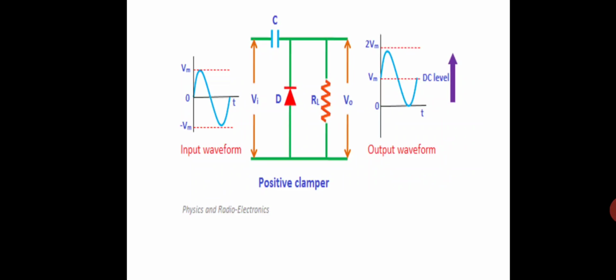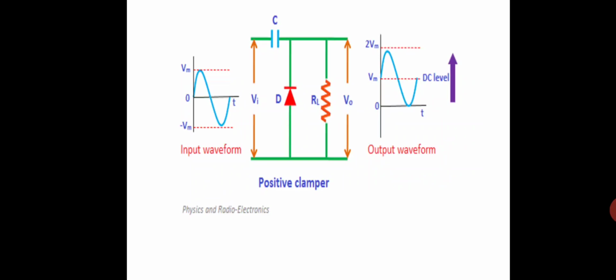Where do we use an energy storage component? In a clipper circuit we do not use an energy storage component, but a clamper circuit requires a capacitor as the energy storage element. What is the shape of the output waveform? In clipper circuits the output waveforms are rectangular, sinusoidal and triangular, but in clamper circuits the shape remains the same as the input waveform. What is the DC level? It remains the same in a clipper circuit, and the DC level gets shifted in a clamper circuit.